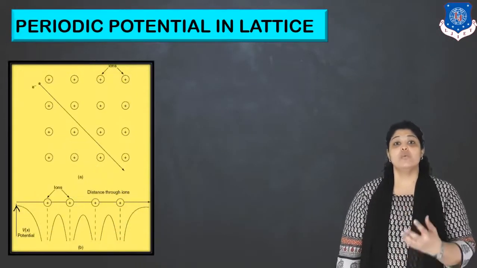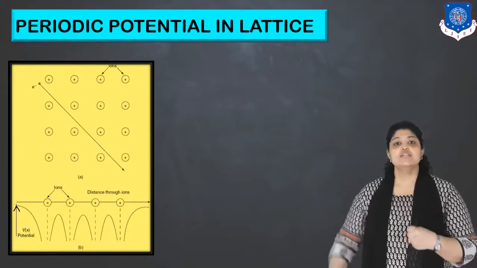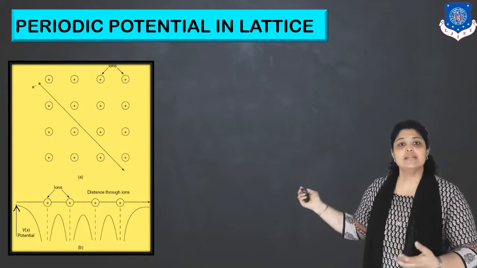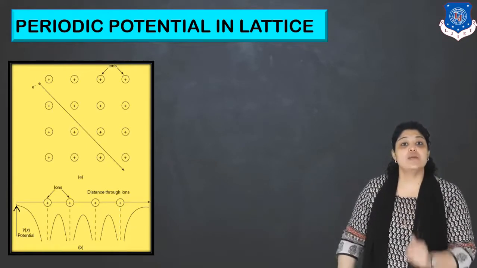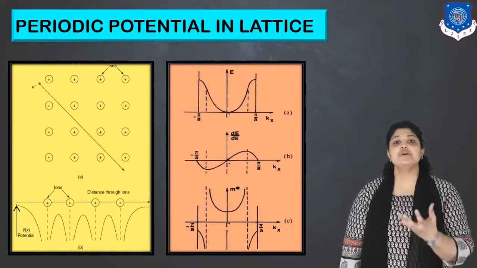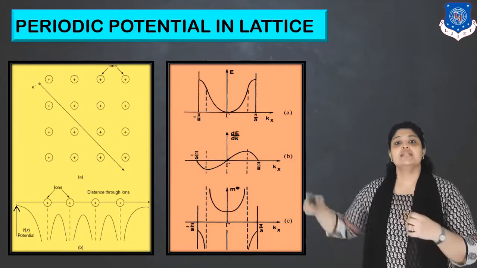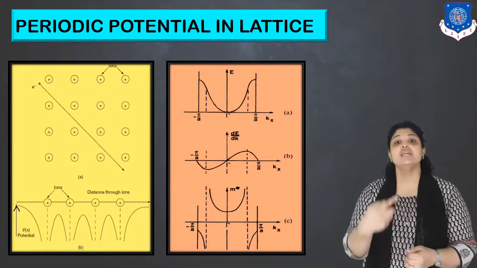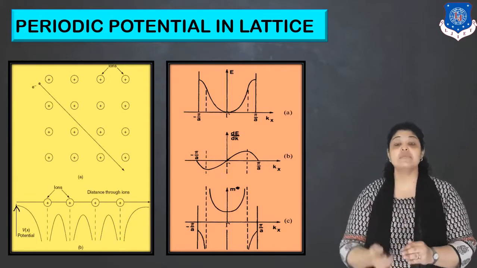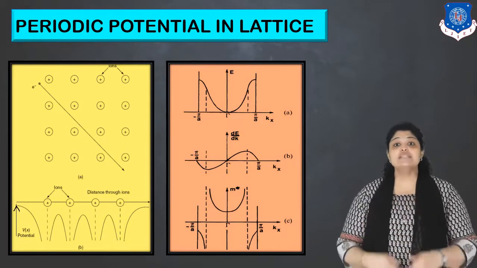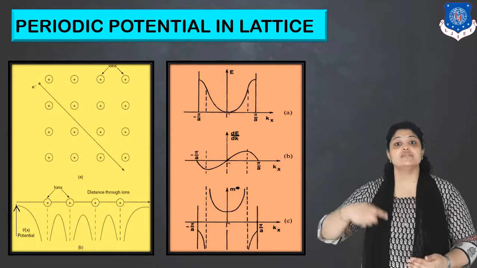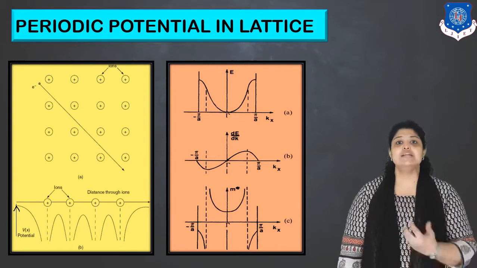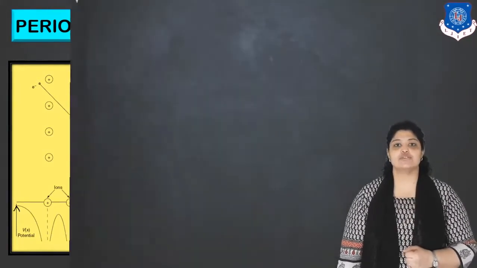Let's exactly see what periodic potential in a lattice is. This diagram just shows that electron is moving in one-dimensional potential, and you can see in the diagram that the potential of this electron varies periodically. Now let us have a brief look at the E-K diagram. In the third diagram below, you can see that mass of an electron changes based on the E-K diagram because of periodic potential, because the electron is under the influence of two forces. One is the external, the other is the internal. So this is the need of defining effective mass of an electron.